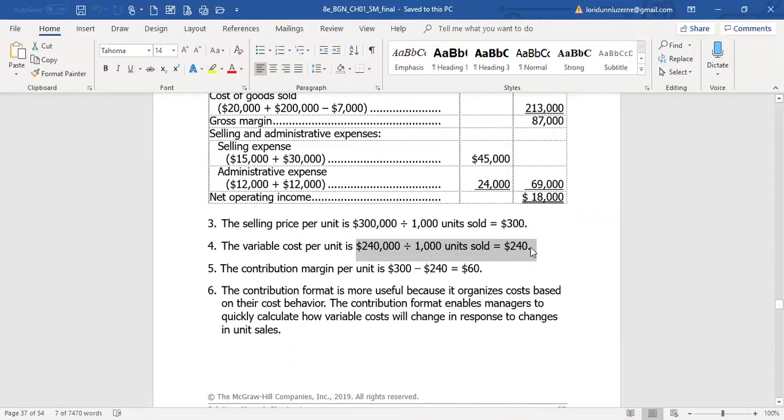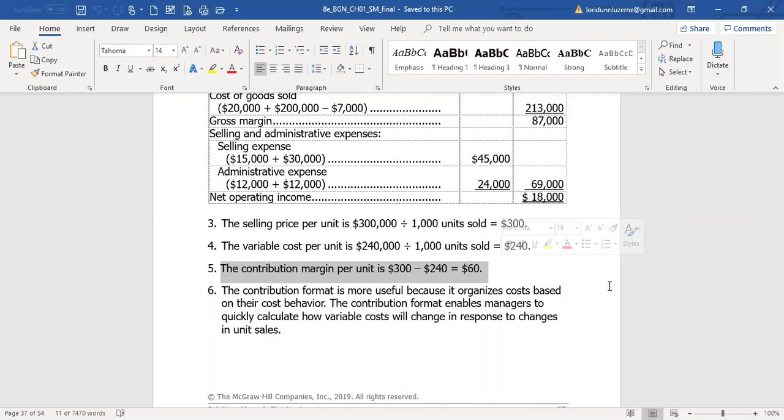So if we sell one more coffee cup, we'll have sales of 300 and we'll have variable costs of 240. That means our contribution margin per unit, or how much money we actually make per unit, is $60. The sales per unit, selling price, minus the variable cost associated with that unit, $60. So these are very important calculations in managerial accounting to help us manage the company's sales, inventory,